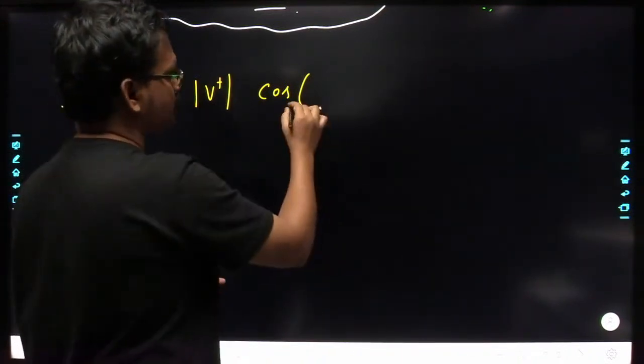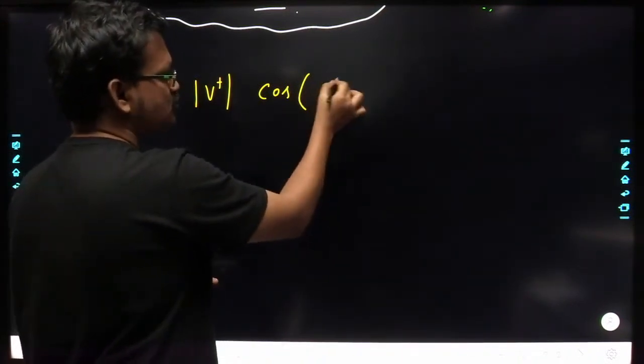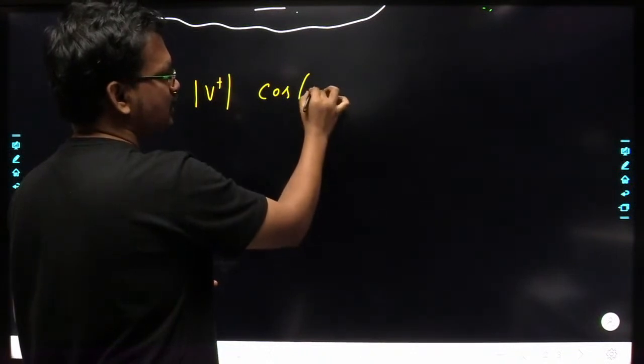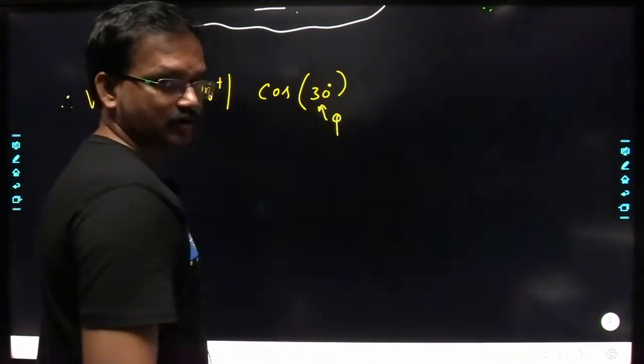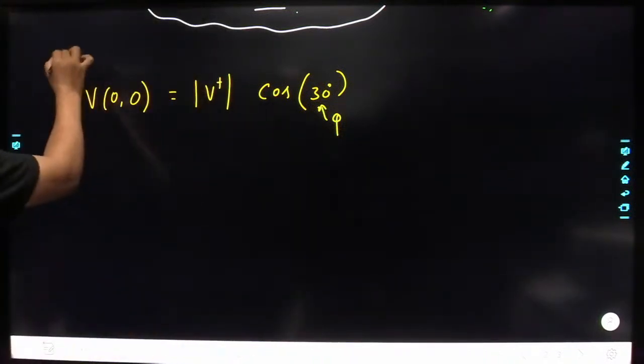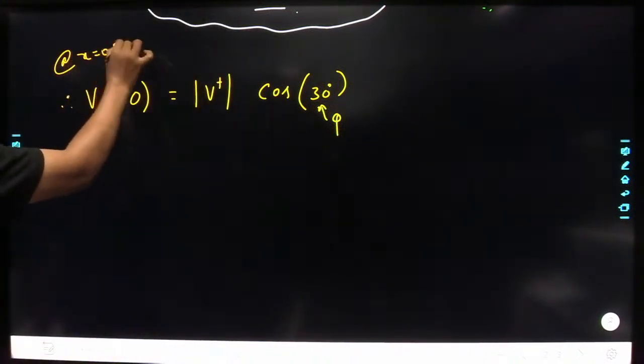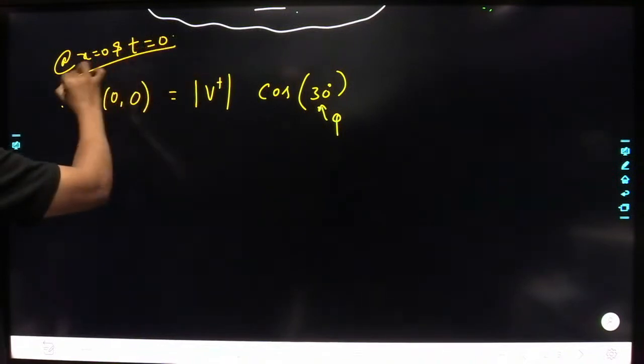So what is left out? Cos of phi. So phi is nothing but 30 degrees. Phi they have given as 30 degrees. This is the value of phi. Understood? Okay. So at x equal to 0 and t equal to 0,